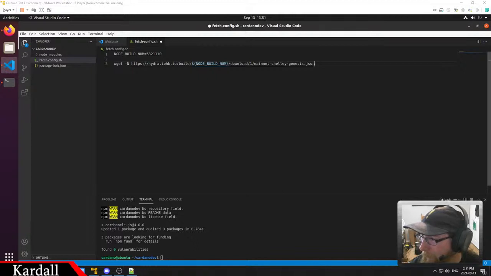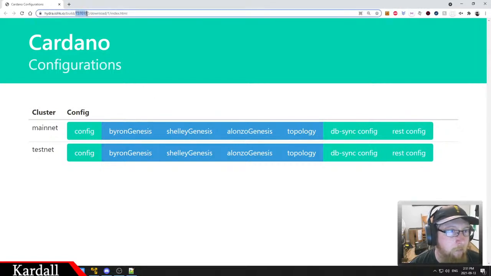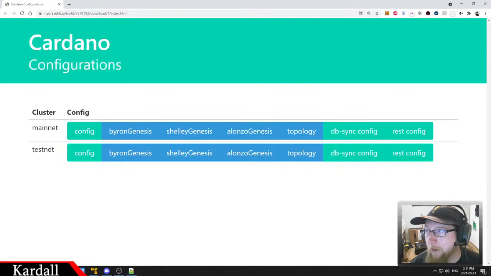Do they have a link to it? Configuration files. There we are. This is the one we want. So this is our build number. So I found this on